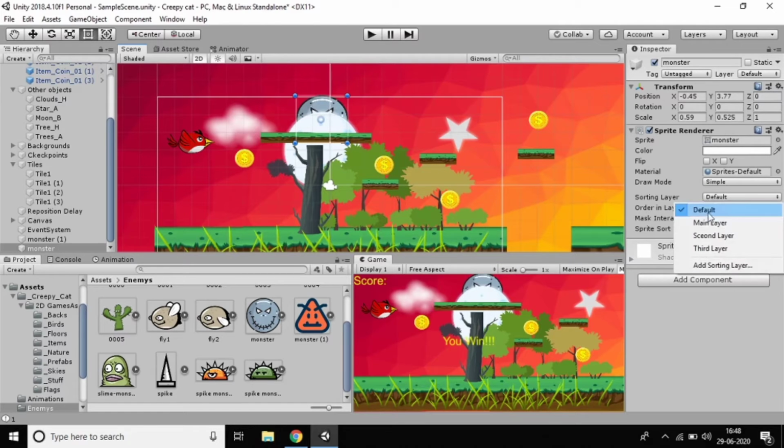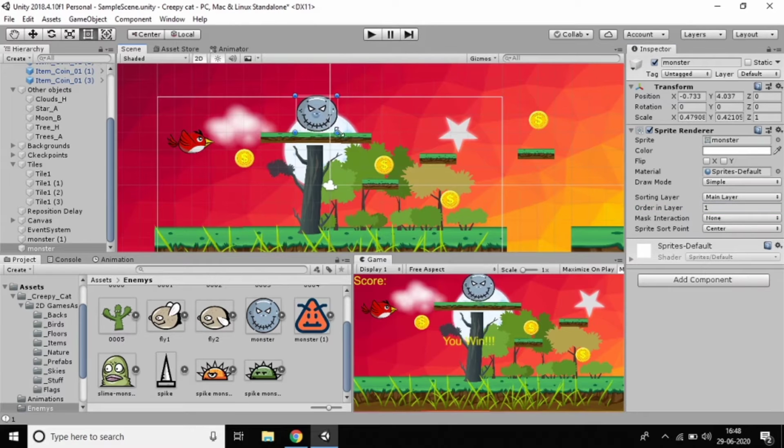And the layer is very important, right? Just keep one. And I want this enemy to move. So before designing, we only need to know why we kept this enemy here. So right, it's perfect.